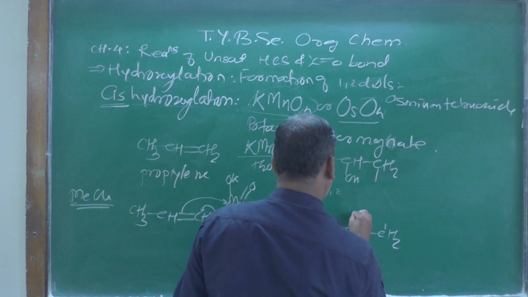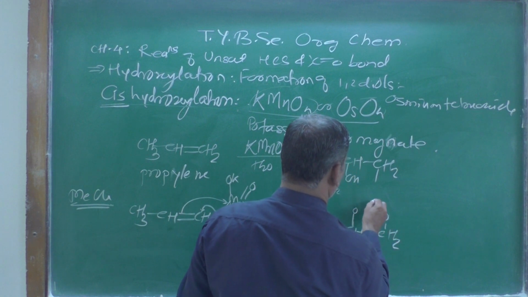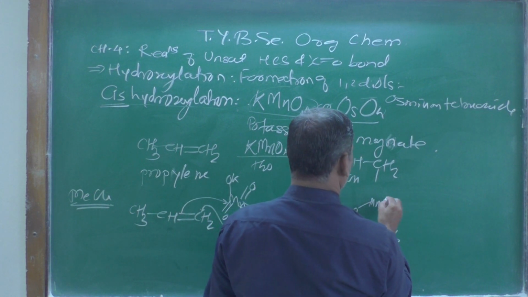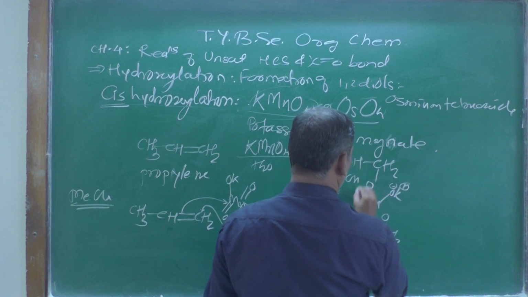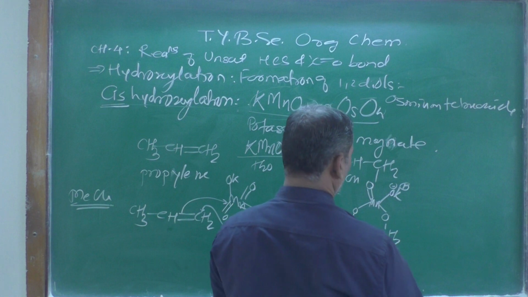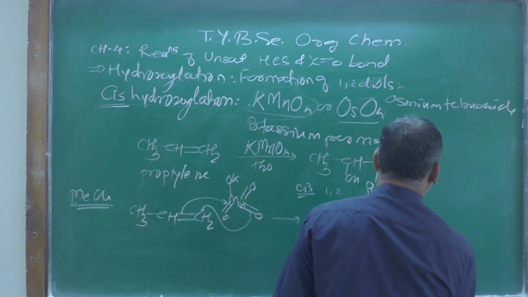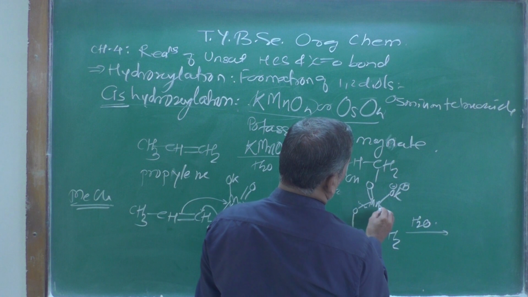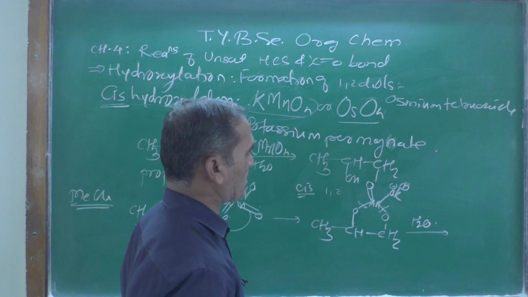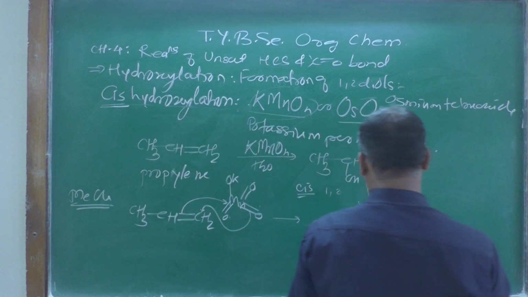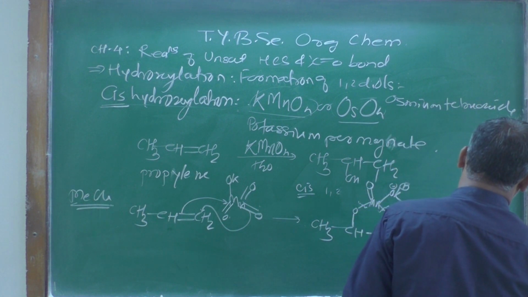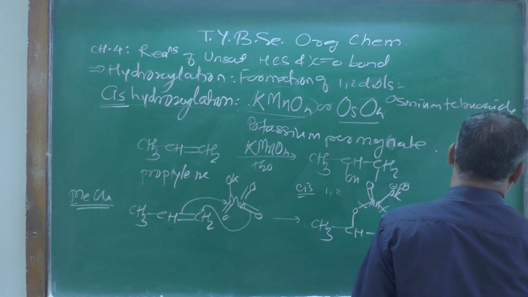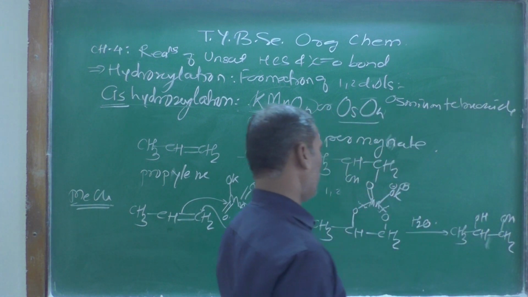This is a cyclic intermediate formed over there. Here is Mn, then OK. Here is a minus, positive charge over there, double bond O, and this is there. Now, after that hydrolysis, H2O, this bond is a very labile bond. It is easily cleaved, and you are going to get the product, this one, CH3, then CH2, CH, then CH2, here OH, here also OH.